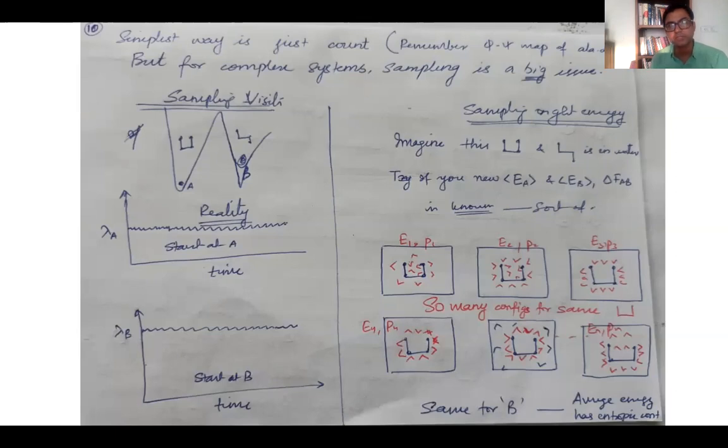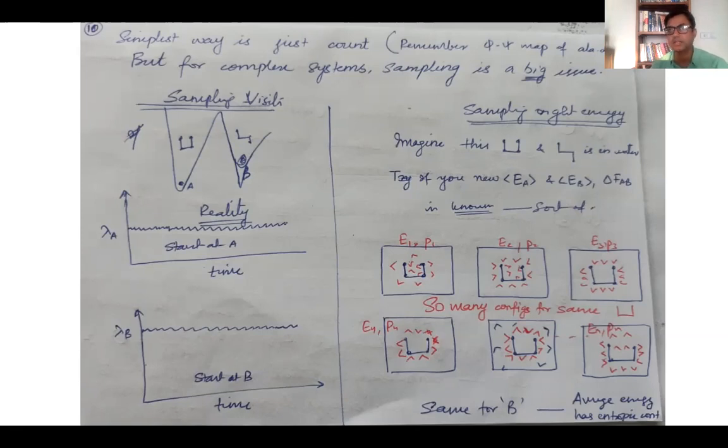So what happens most of the time, and this is quite a common thing that we know, and a major limitation, is that things get locked into the local minima, and then to jump out of it, sometimes you're able to jump out through thermal jumps, but many times you may have to drive the system out of it. Suppose this is a reaction coordinate, let's say A and B are the two states, and you have defined a reaction coordinate that can clearly separate the two states. If you start with A, the reality is that it just stays in the A basin. If you start with B, it stays in the B basin. And so sampling becomes a major issue.